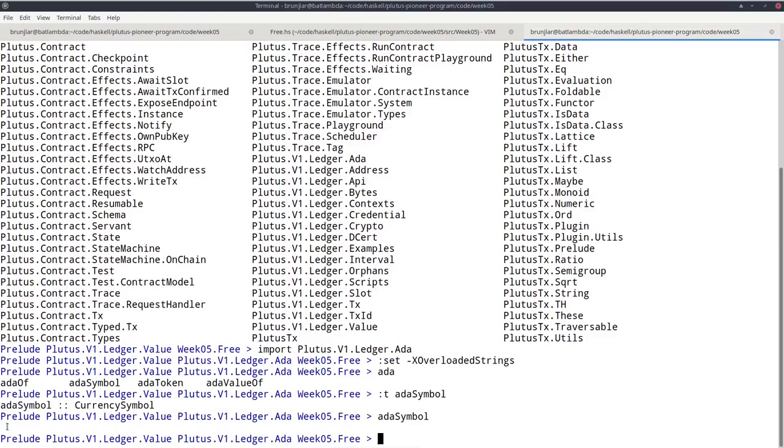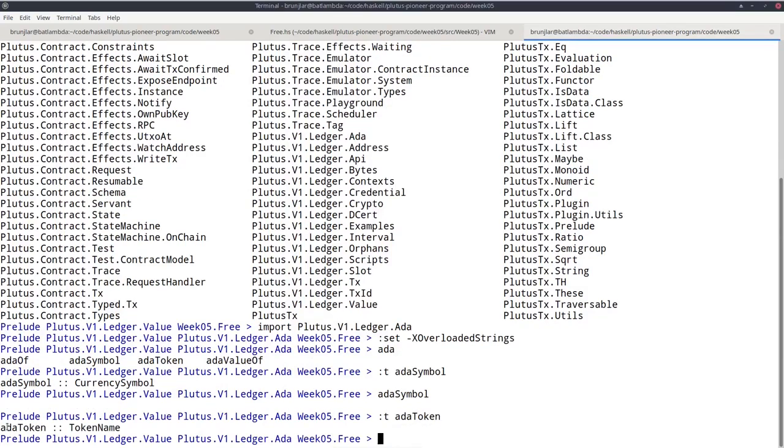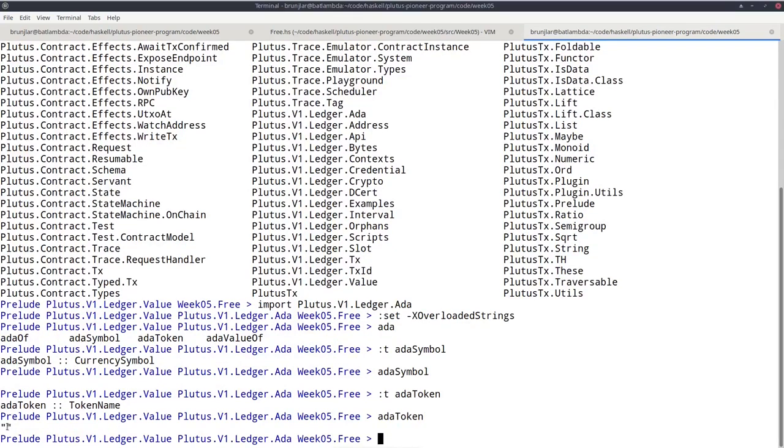And there's similarly a function adaToken, which will give us the token name, and that is also the empty byte string.